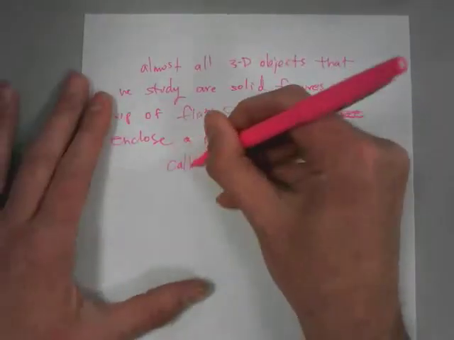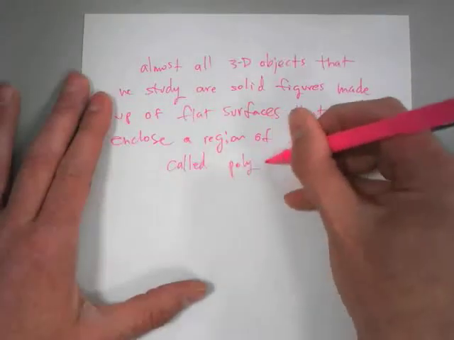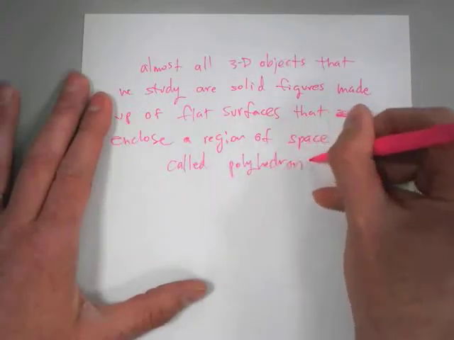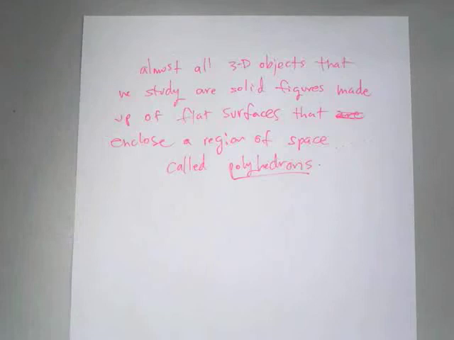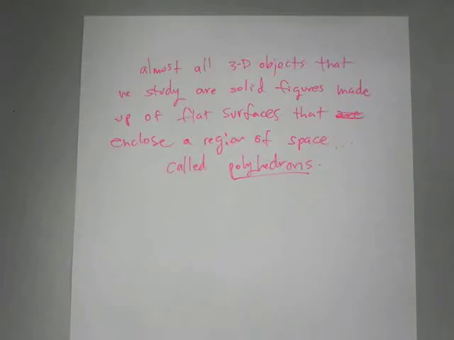So it's funny because I could have just said these are just 3D objects, right? But 3D objects can be curved on a side. Notice I said almost, because there's ones that are curved called spheres that we're going to look at in this unit. So most of everything in here are called polyhedrons, and that means flat surfaces that enclose a region of space. Okay, and that's a technical name for it. I bet you I won't even say it again,